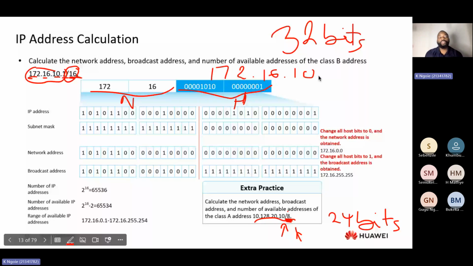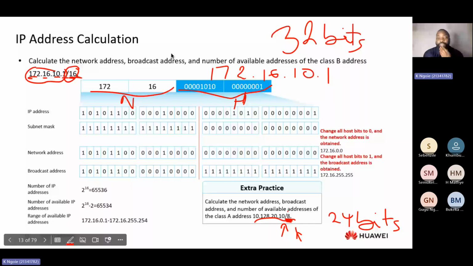All right, so this is what we have. Now it's a class B address, which means we have a certain range for that address. Okay, so here we are asked to calculate the network address, the broadcast address, and the